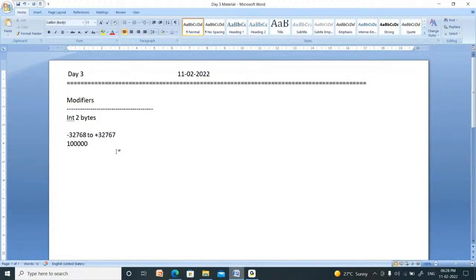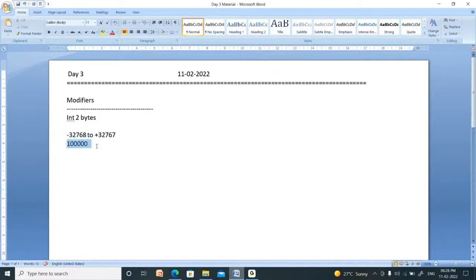Up to 2 liters you can store, because its capacity is 2 liters. Beyond that, you cannot store. In the same manner, that is the range of integer: between minus 32,768 and plus 32,767. You cannot store more than these values.